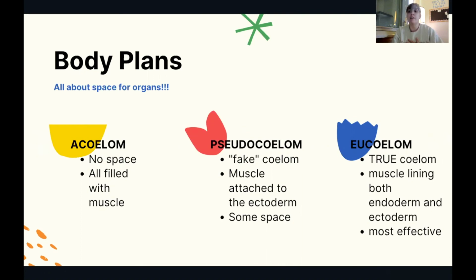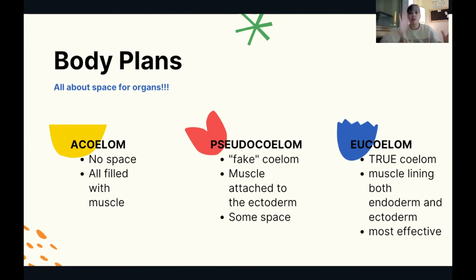When we looked at the nematodes, when I dissected one, you could see the structures inside, you can see the different organs. They have only one muscle layer. That muscle layer is attached to the ectoderm, and it's used in both moving and digesting. If you think about when you eat, there are muscles that move the food down your esophagus, in your stomach, and through your intestines. All of that is controlled by muscle. So if you only have one set of muscle, you have to choose between eating or moving. That's kind of the problem with pseudocoeloms,